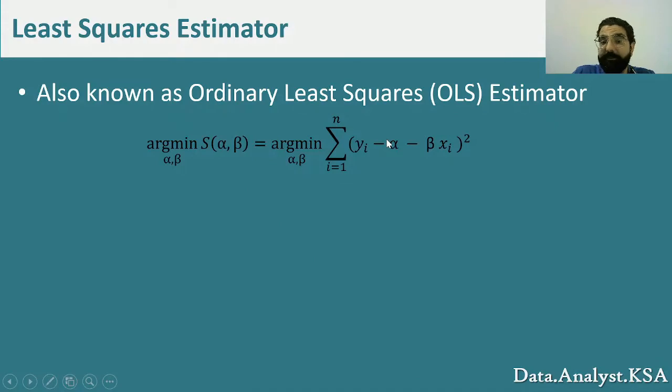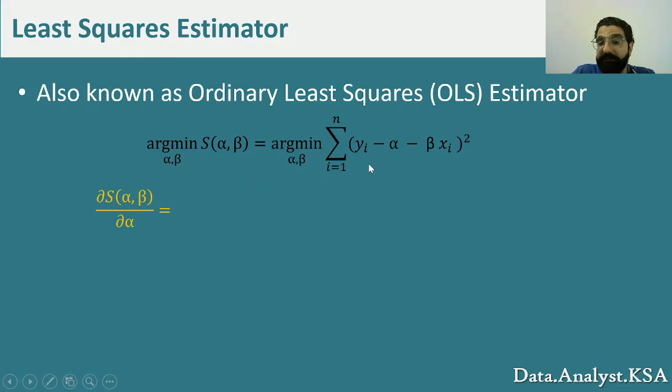So now, as we said in the previous slide, we're trying to minimize this sum of squares function by finding the alpha and beta that minimize it. As you know from your calculus, you can take the derivative and make it equal to 0 to find the minimum point. But in this case, we have two variables, not one. So we take the partial derivatives and do the same thing: we make each partial derivative equal to 0 and solve the equation.